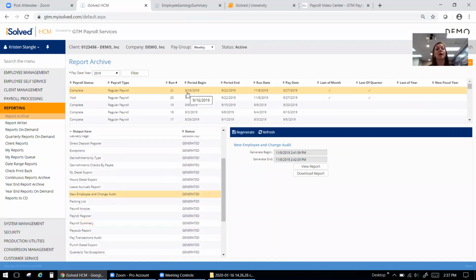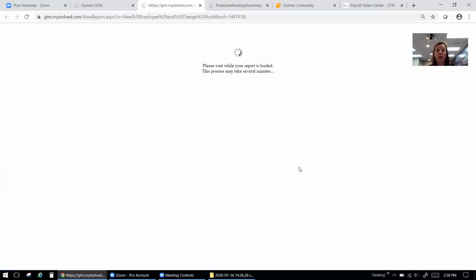This is great if you've got a lot of employees who start at the same time, or maybe there was an issue with one paycheck and you don't know why, or maybe somebody wasn't terminated and they should have been, or maybe somebody was and they didn't get paid, but they shouldn't have been, whatever it may be. You can go to the new employee and change audit report and click View. Or you can run this, or you can view this every time you process payroll just to make sure all